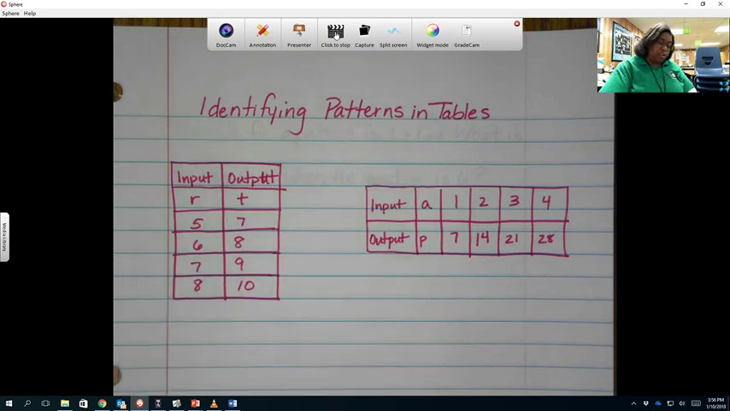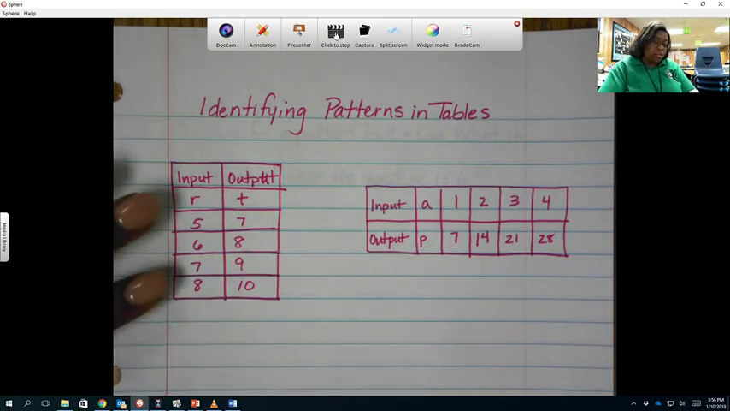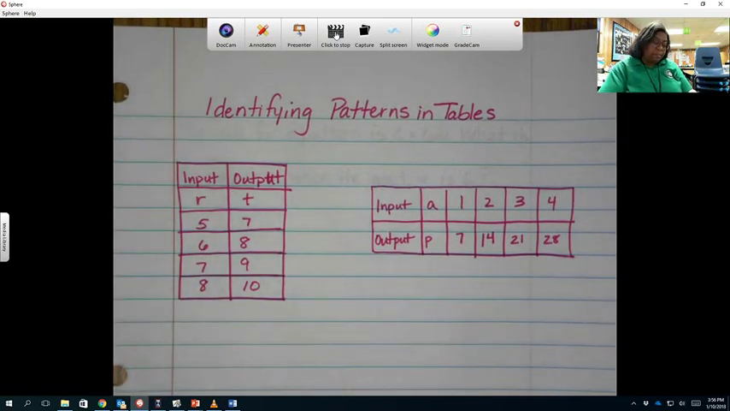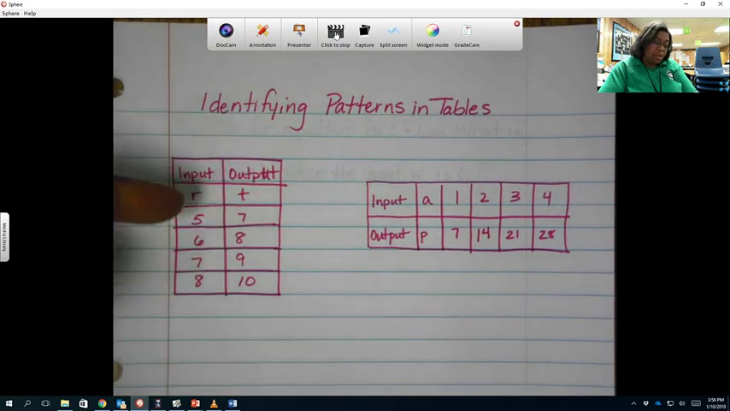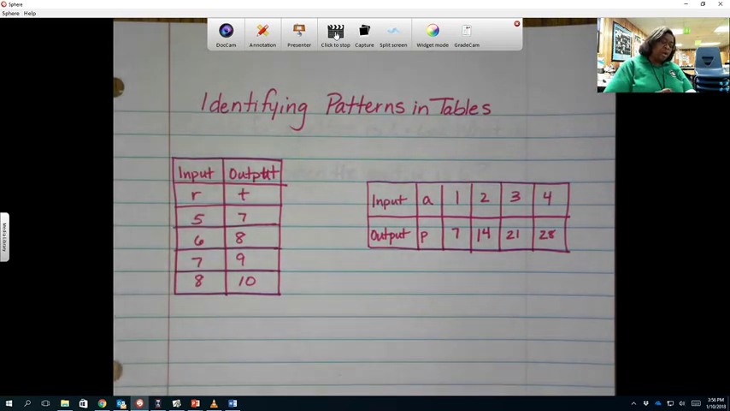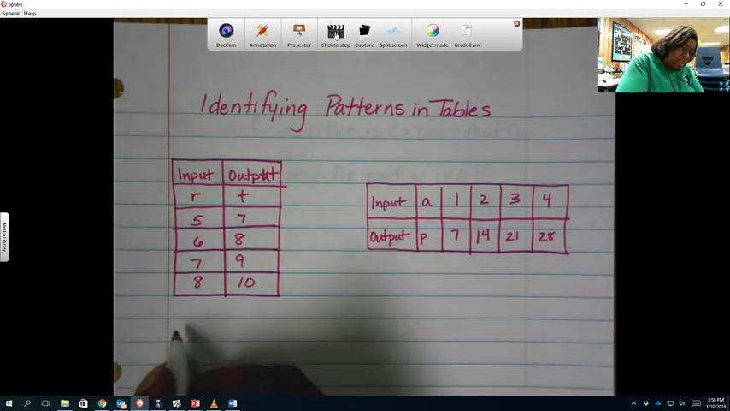We'll look at the first table, and again, we're still talking about number patterns, and in particular looking at an input and then an output and noticing what pattern, what relationship do we have between the input and the outputs in this table. So when we look at this table, what we want to do is we want to think